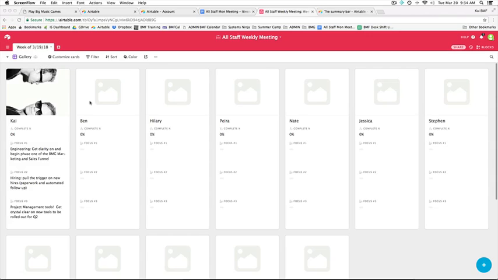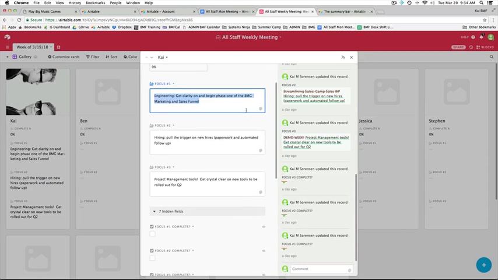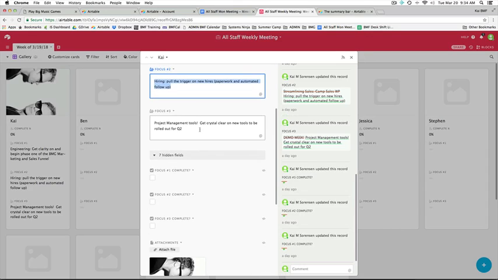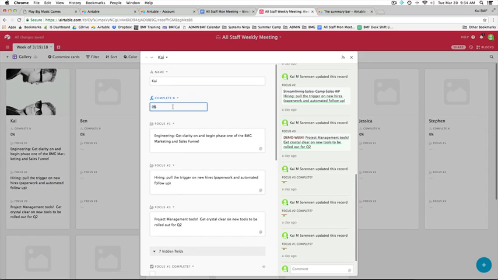But a couple things to know is that this is the gallery view, which is going to show just your contact card and focus number 1 for the week, focus number 2 for the week, focus number 3, and then at the end of the week, you can check if you had completed that focus or not, which will populate this percentage complete for you.